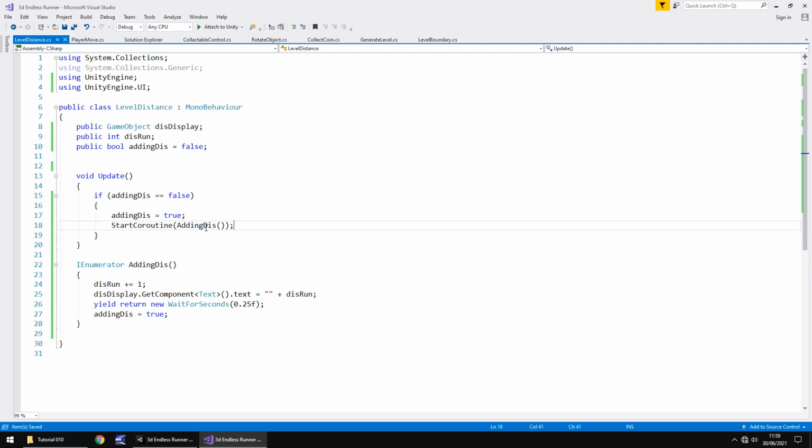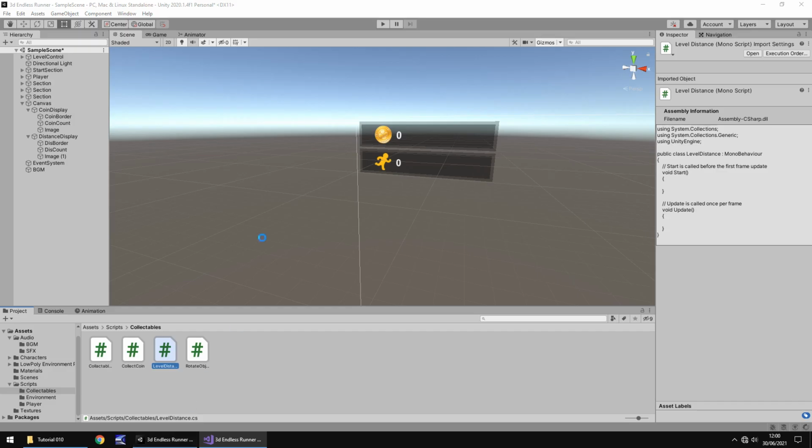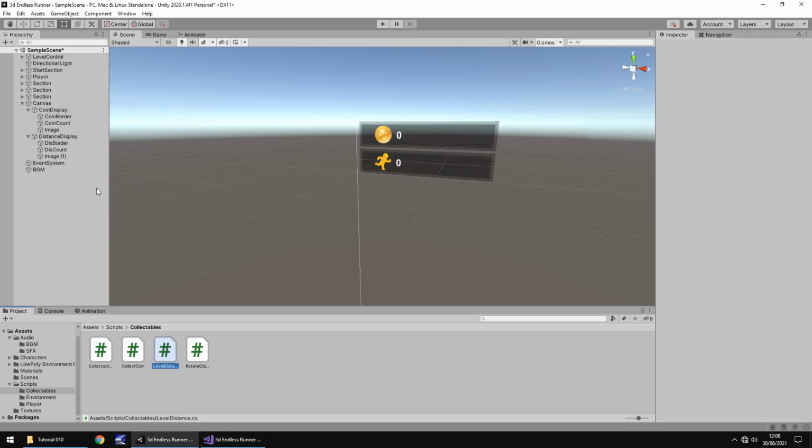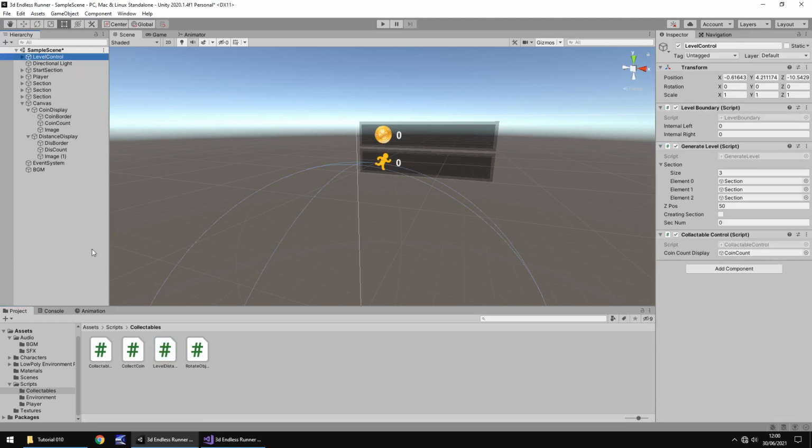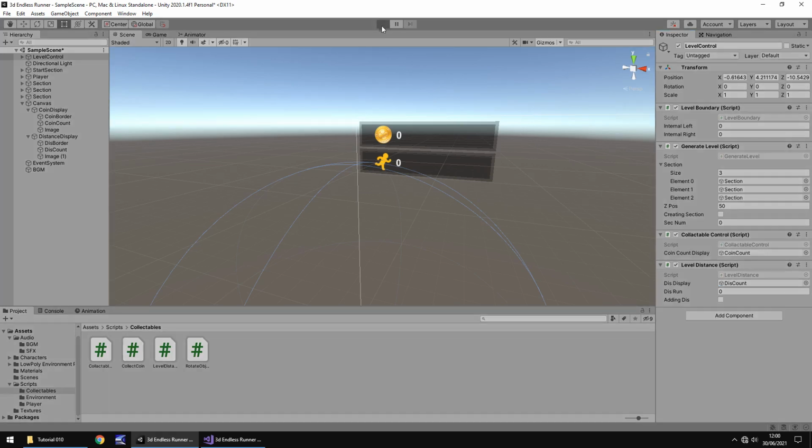Now, in its simplest terms, this will add to our running speed, but obviously it's very static at the moment because we're only adding every 0.25 seconds, but our running speed isn't changing anyway. So let's see how this looks in Unity when we bring it over and add in the variables. So we need to put this on level control. So let's go on level distance and bring it over here. And dis display is going to be that dis count. So now, if we press play,